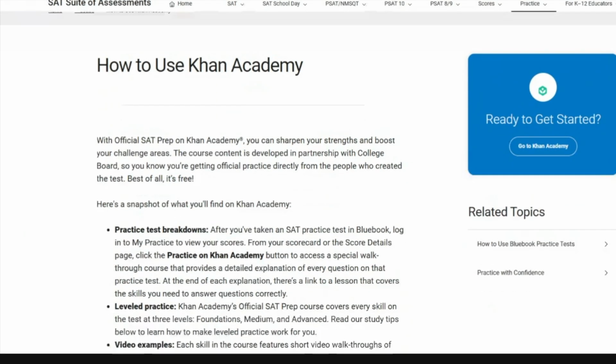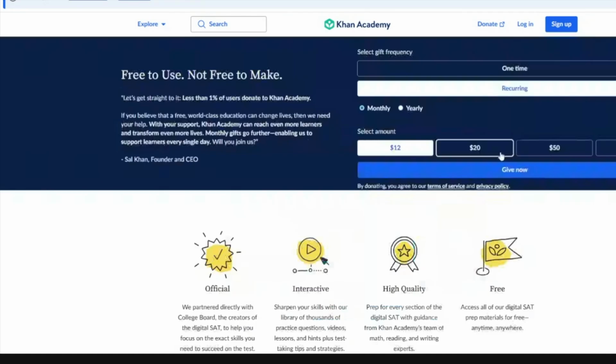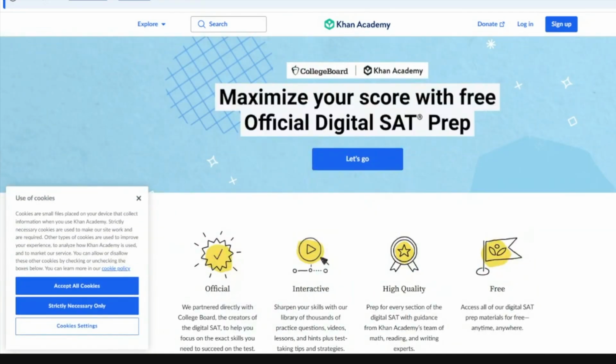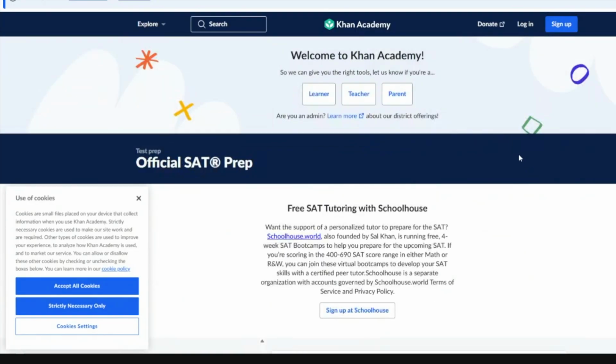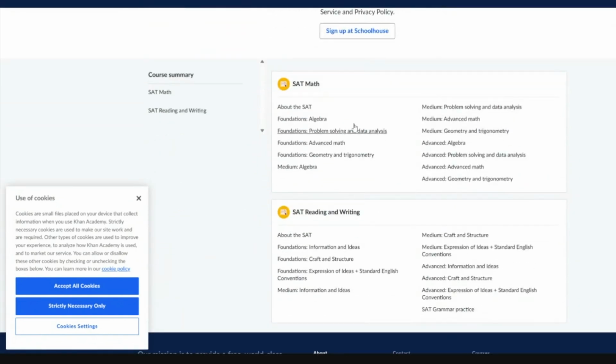So Khan Academy gives you an overview here, but you can click Go to Khan Academy to get to the website. It might pop up with this donation thing. Just click the X so we can get to the website. And then you can click Let's Go. When you click Let's Go, you can see that it brings you down and it has all of these different